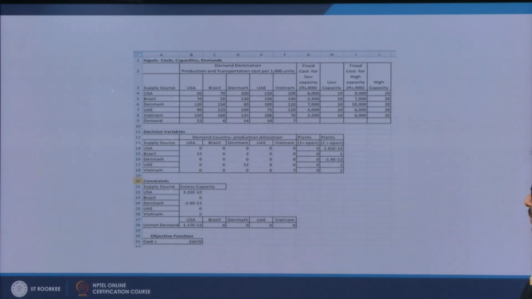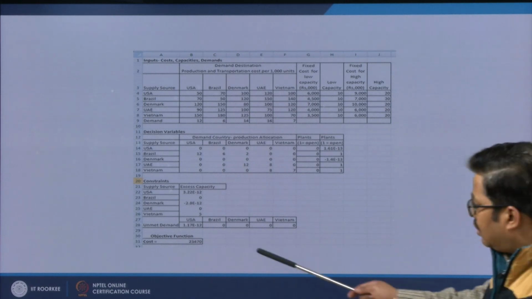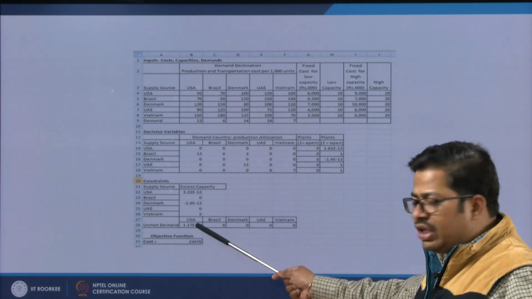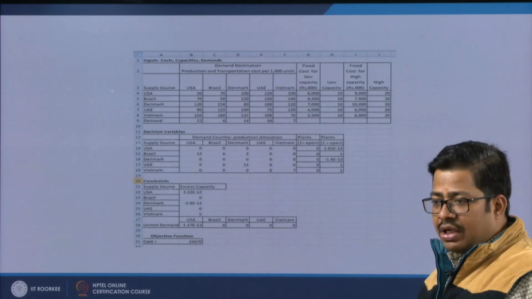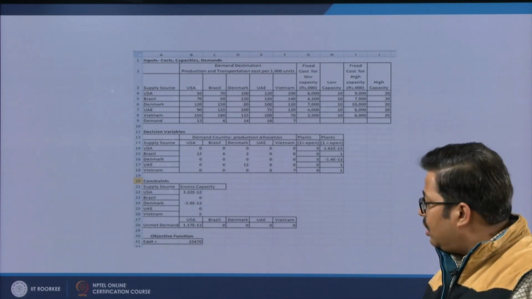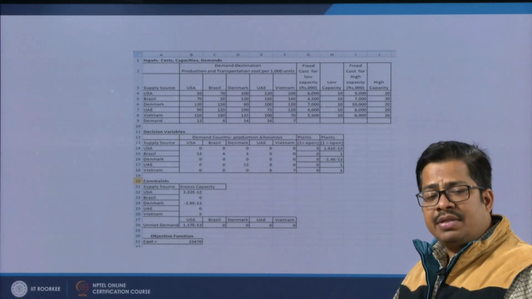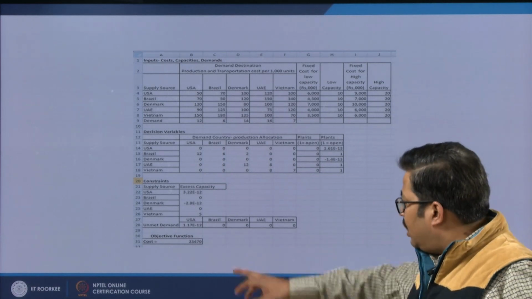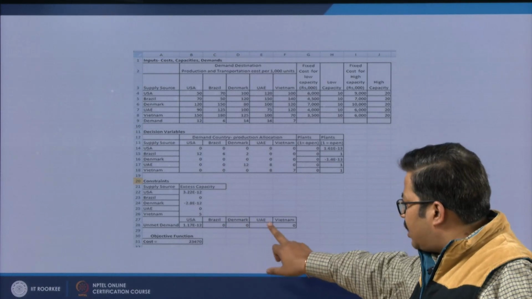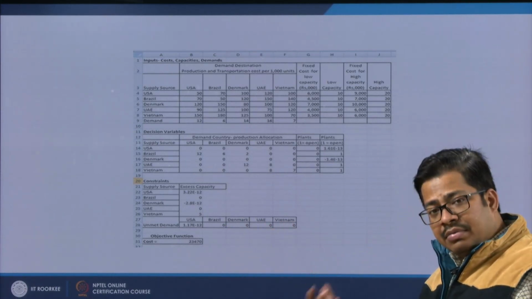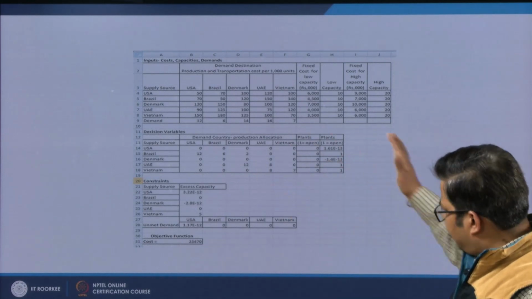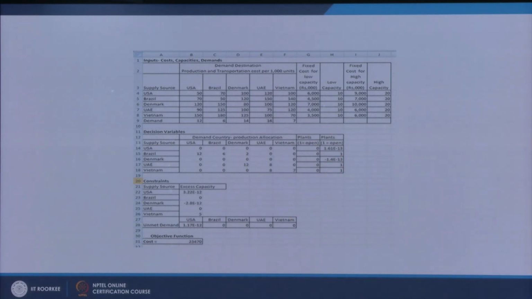And then you see the unmet demand. In case of this B28, here you are showing some kind of 10 to the power minus 12 type of value, which again means non-significant, it is 0, and for all other Brazil, Denmark, UAE and Vietnam, these are 0 unmet demands. The meaning is that with this model now, you see you have 3 plants, your 5 units are excess, and the cost is coming